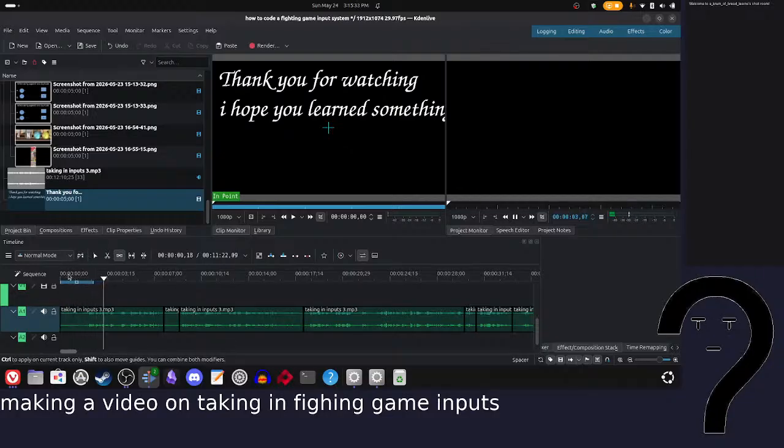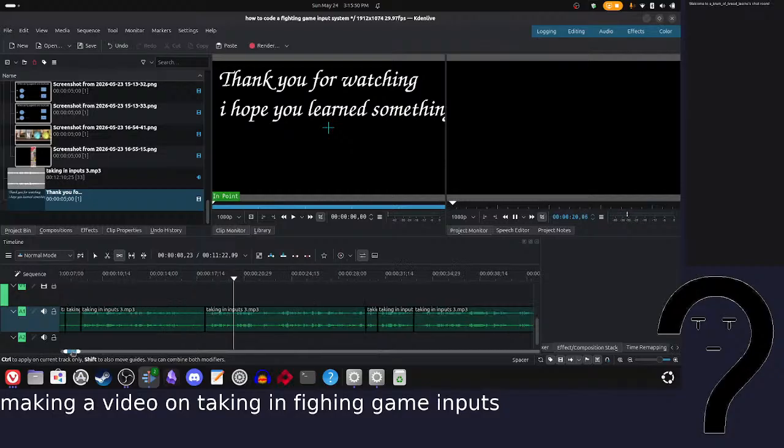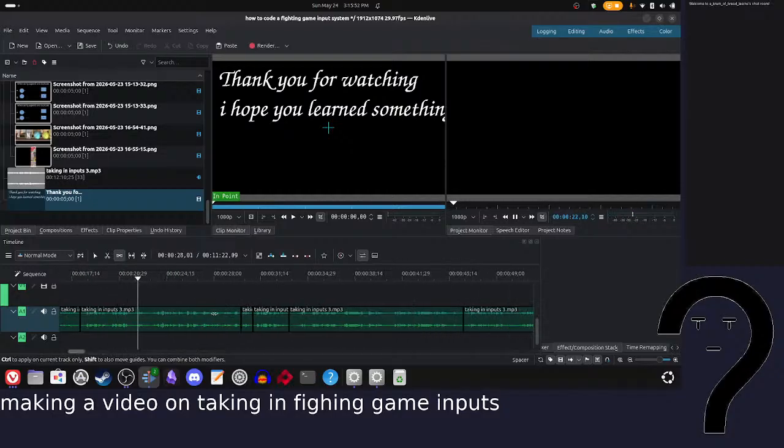One of the most common things we see in fighting games are special moves that are caused by motion inputs. This is one of the things that make fighting games very unique as a genre, as most other genres do not have this kind of input system in any way. So if we wanted to make one ourselves, how would we go about this? Well, if we look for help on YouTube by searching how to code a fighting game input system, we